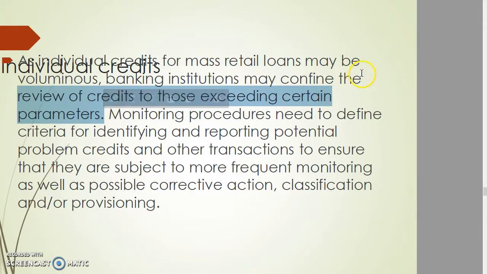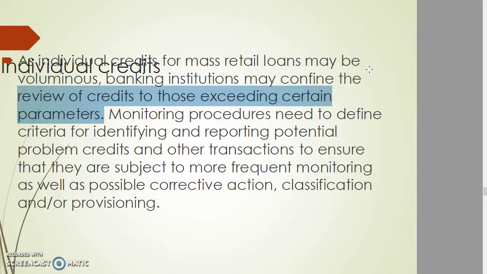For example, if you want to apply for your company's loan of 100,000, you must ensure that you have a good expected cash flow and good profitability. They have their own parameters. Let's say you want a loan of 100,000, you cannot expect that you will just get 1,000 of profit each month. Maybe it can be more than that. So they have their own parameters in order to review the credit of their customers. So this is for the individual credit.